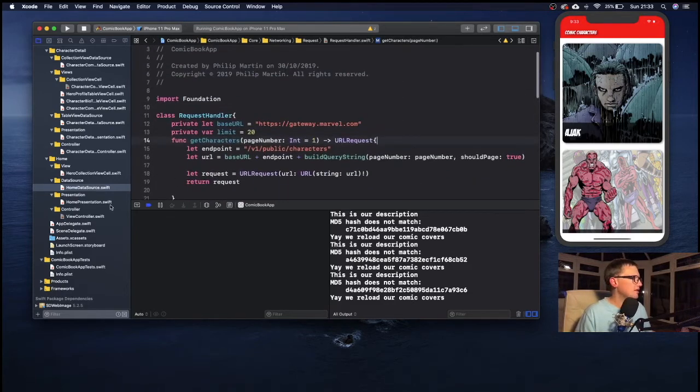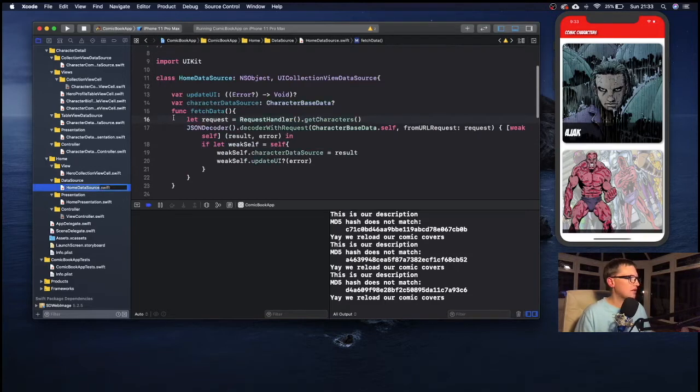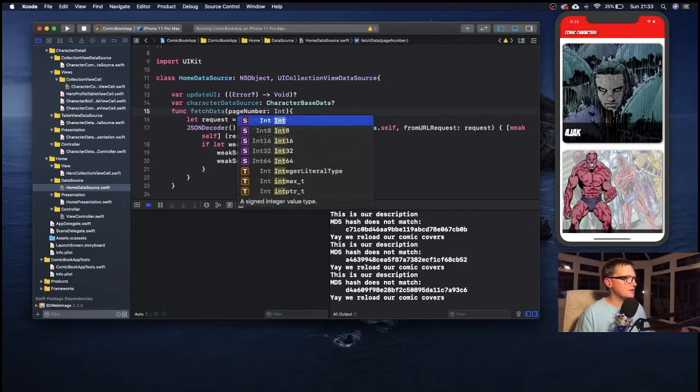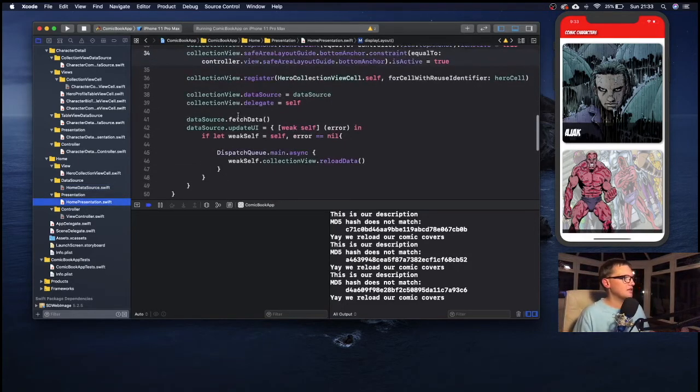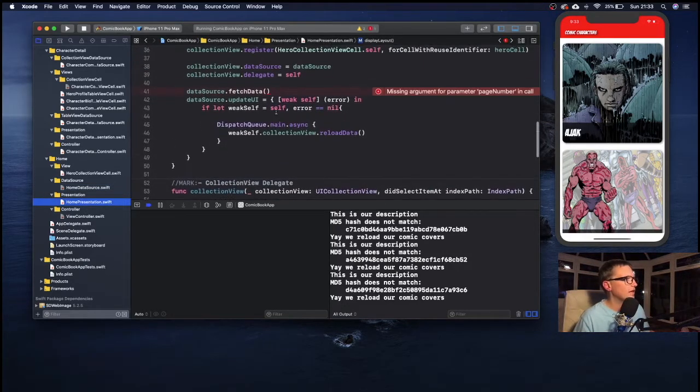So now we need to head on back to our data source, and that's where GetCharacters is called. And this function FetchData now has to accept a page number, and this is going to be of type Int. And then here we're just going to go GetCharacters and pass in the page number like that. And then our home presentation is actually where the FetchData function is